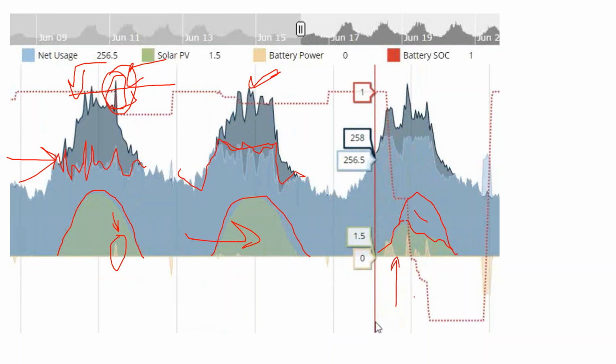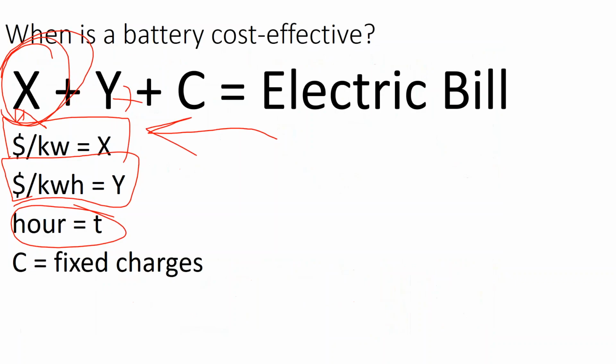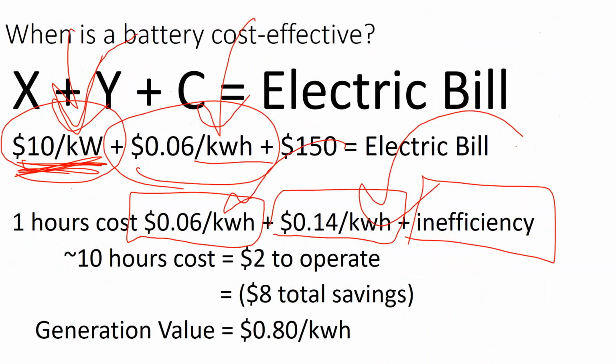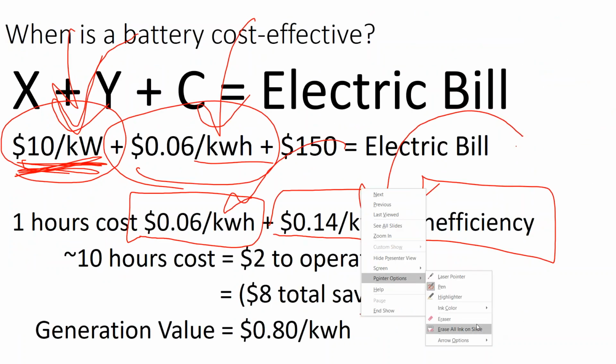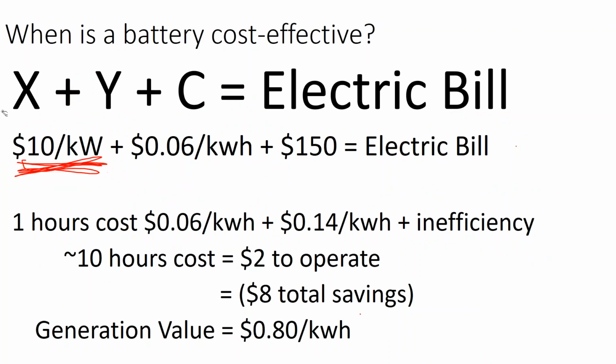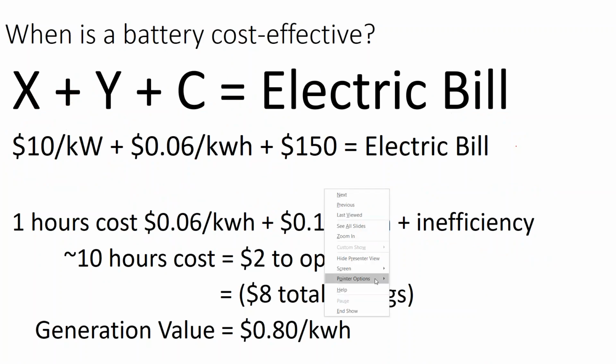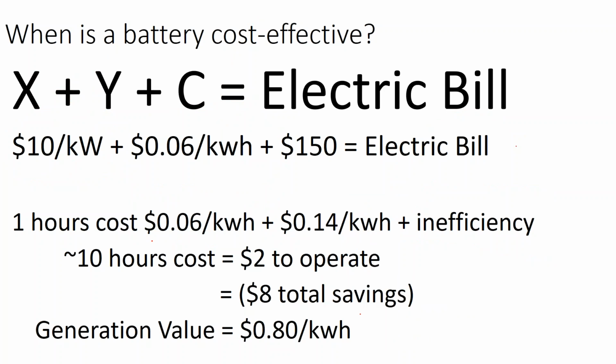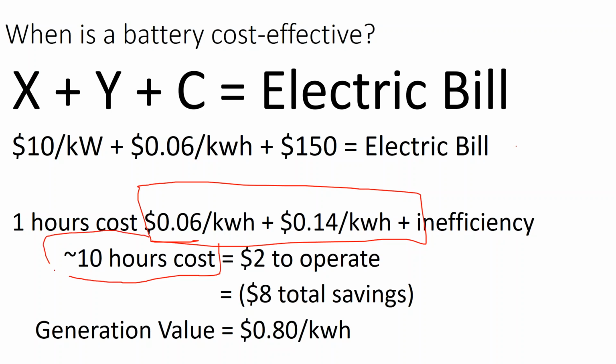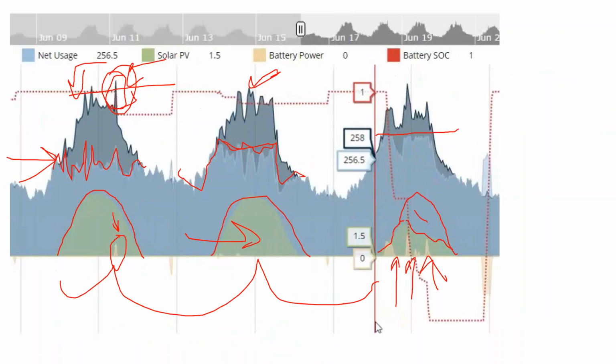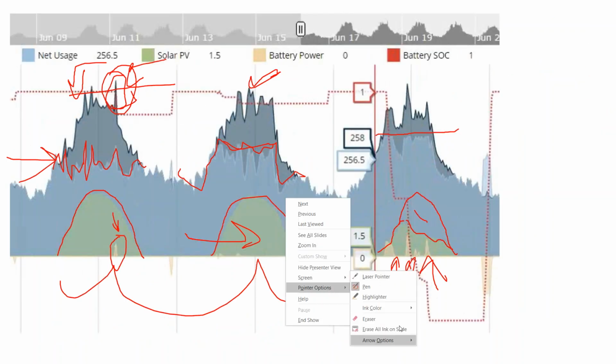And so that's when the battery, shown in kind of yellow here, clicks in. And so we're not really using the battery every single day. So going into our calculation, we have a battery bank that, between the price of electricity and the cost to cycle the battery bank, is about 20 cents a kilowatt hour. So to operate the battery inverter system for 10 hours, it'll cost us $2 to operate it. But if that is me using the battery bank for 1 hour or for 3 hours a day,